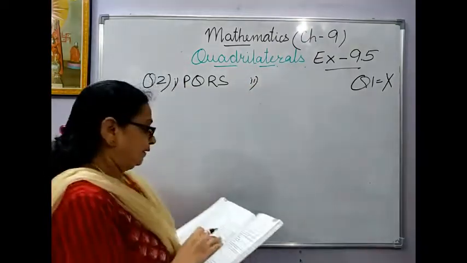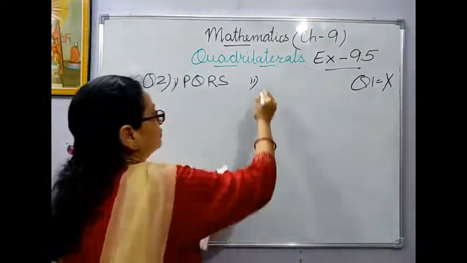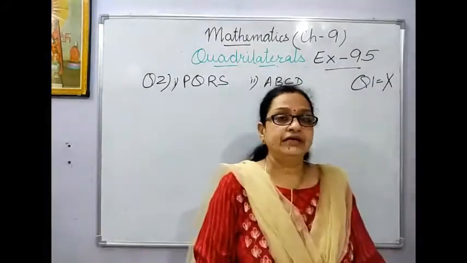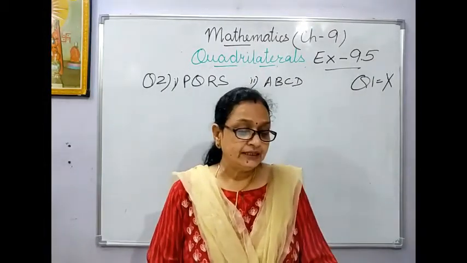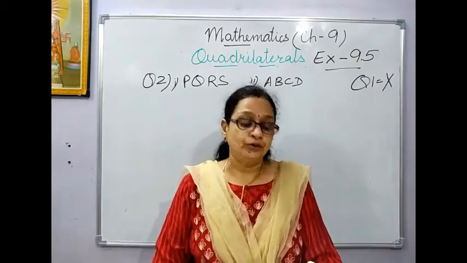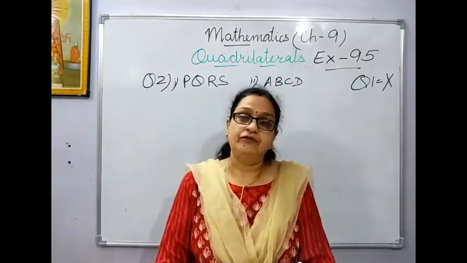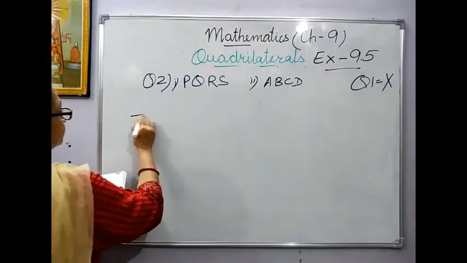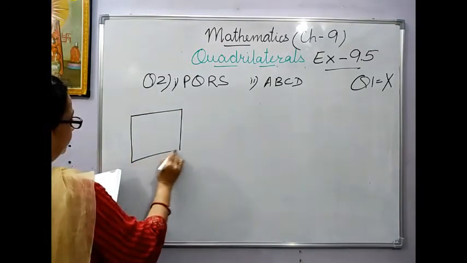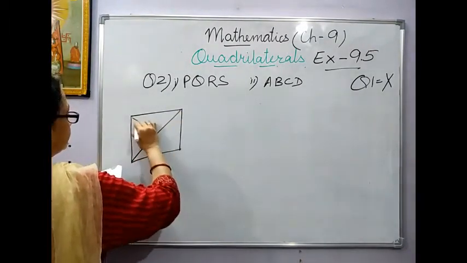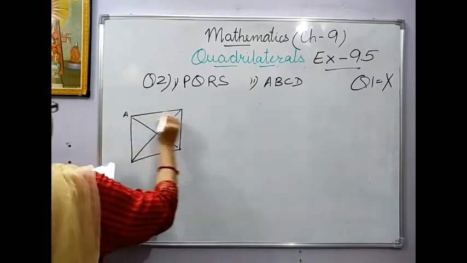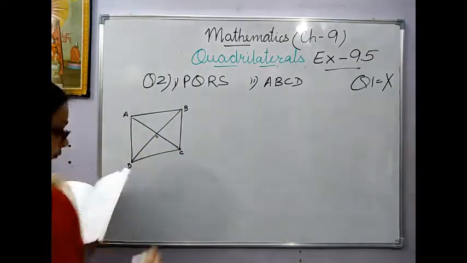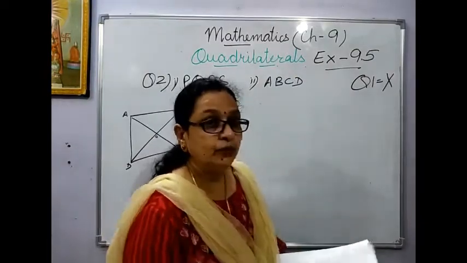Then the second one, A, B, C, D. The name of the quadrilateral is ABCD. Then for the given quadrilateral ABCD, name. Children, in this the figure has already been given. According to that, you have to name or answer the questions below it. So if I draw over here, they are divided like this. So it is A, B, C and D, and this is O.